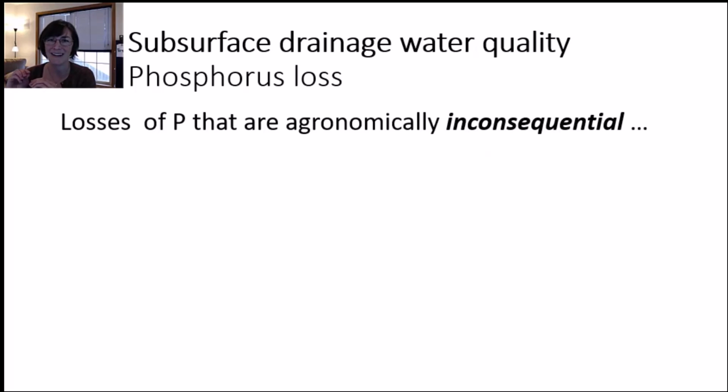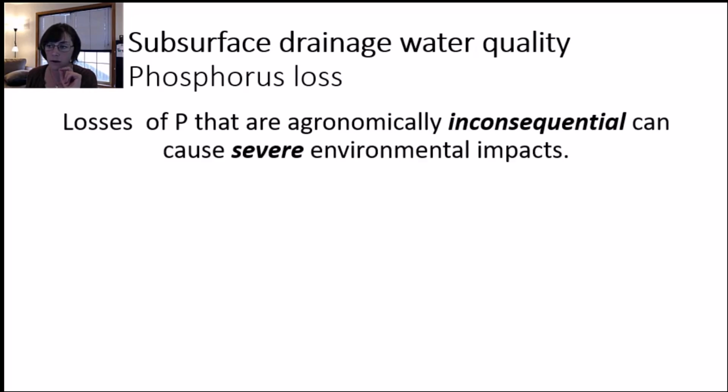So here's the real kicker for this lesson. Phosphorus loss from agriculture is generally not of economic importance to landowners or farmers because it's such a small percentage of the phosphorus that would be applied. It's generally agronomically inconsequential. However, because phosphorus is naturally present in such low amounts in freshwater in particular, even adding a very little bit of phosphorus can lead to algae blooms. And that's why the phosphorus criteria concentrations that we just talked about are so low. And they're usually presented in micrograms per liter because they're so low.